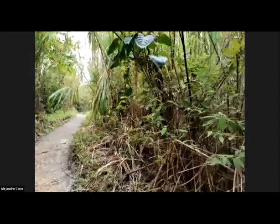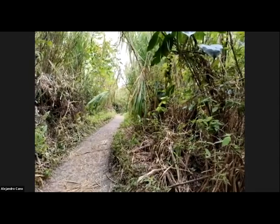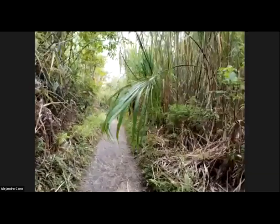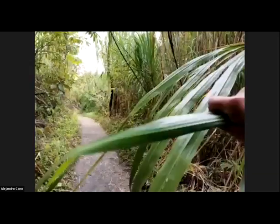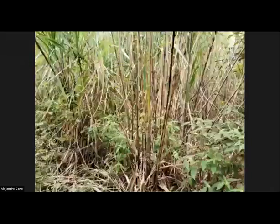Is it strong? How do you, Alejandro, how do you say it in Spanish? The cane. It's caña brava is the name in Spanish, or here in Costa Rica is caña brava. Caña brava. This is not edible, but it's